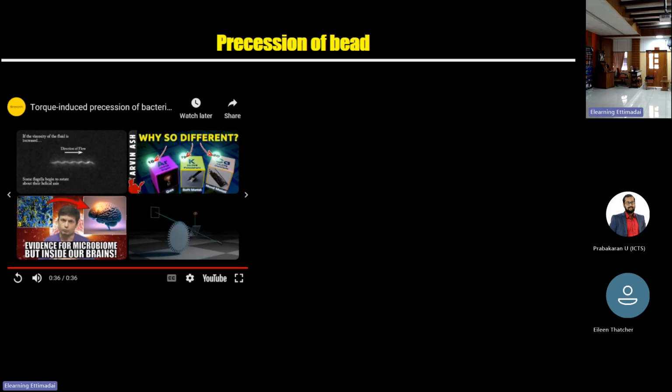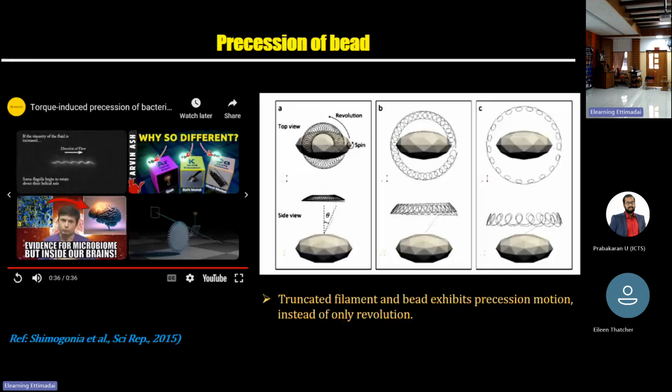So you can see precession is observed. From the physics concept, precession is the resultant of revolution and spin motion. Both the revolution as well as the spin motion are observed. In my work, I also considered these two types of motion, and I explained this asymmetry. So this truncated filament and bead exhibit precession motion. Now, a question is in this case,